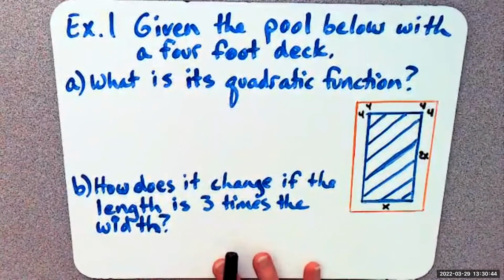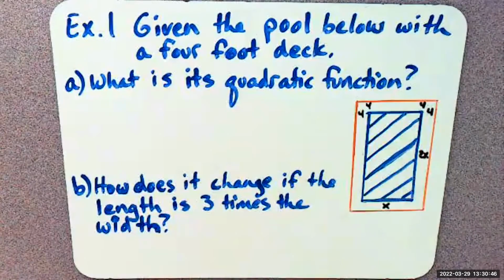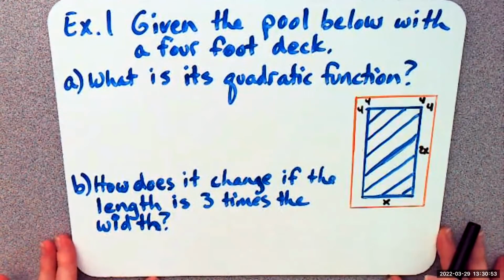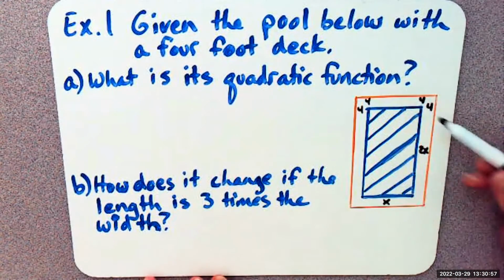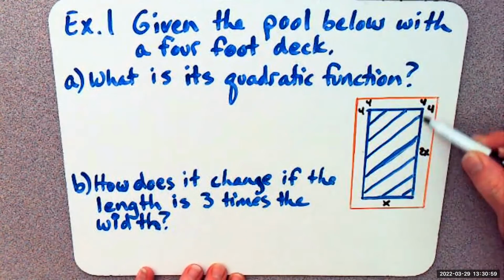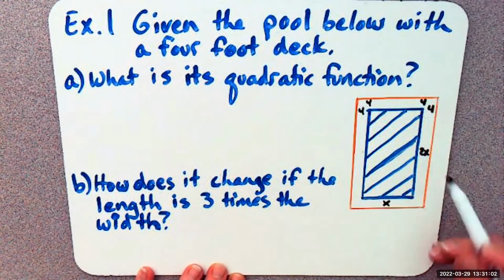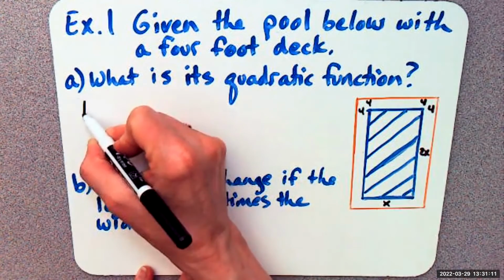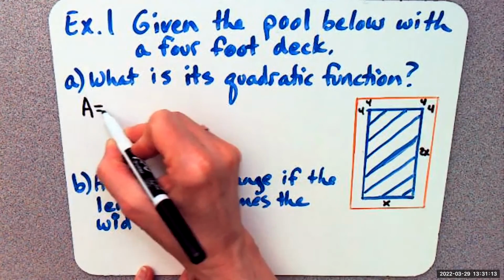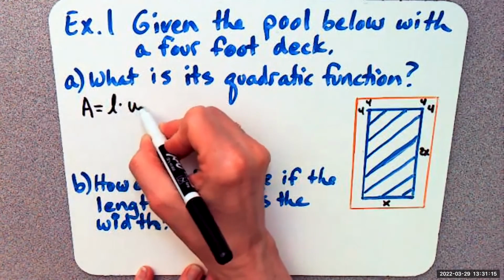All right, so first let's dabble with this pool deck and try to create a quadratic formula. The first pool deck we see has 2x for our length, and x is going to be our width. So if we're going to say area of a rectangle equals length times width,